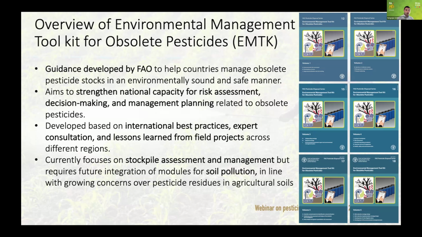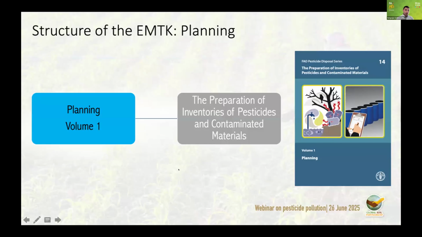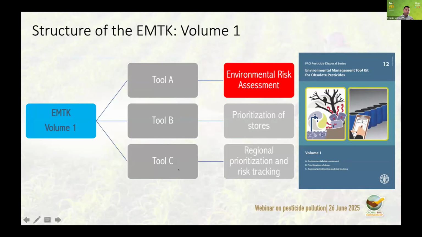It also targets officers of governments, of ministries of agriculture, environment, and health, to support them in collecting information about the substances in the field, and local communities and storekeepers or warehouse keepers to help them assess the impacts and the situation in their storehouse for which they are responsible. And so this 6-volume toolkit has 21 tools for all of those 6. I'm not going to go through what is available inside all of them, but just want to highlight that